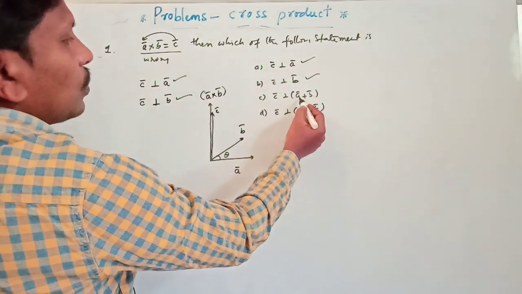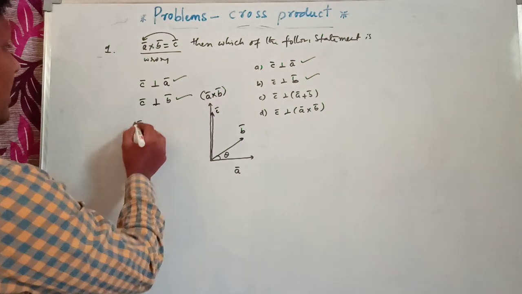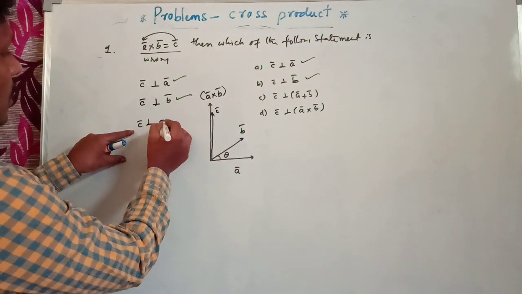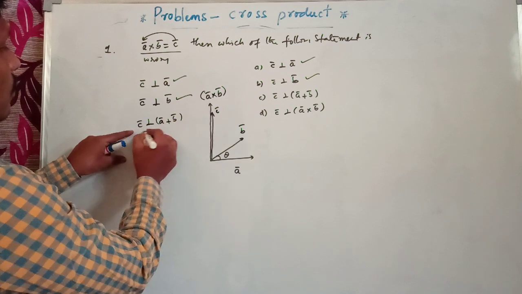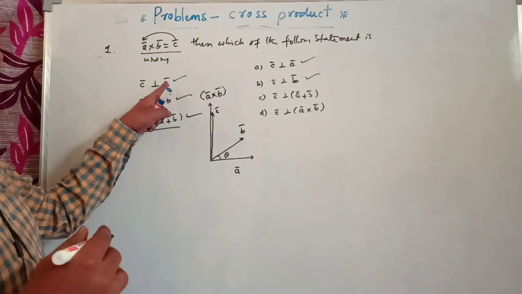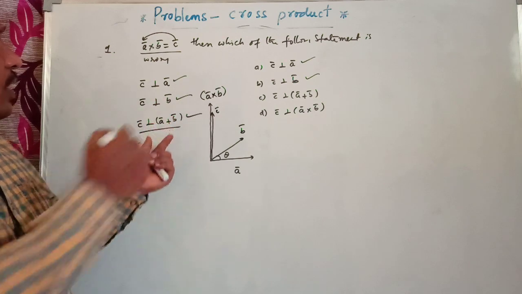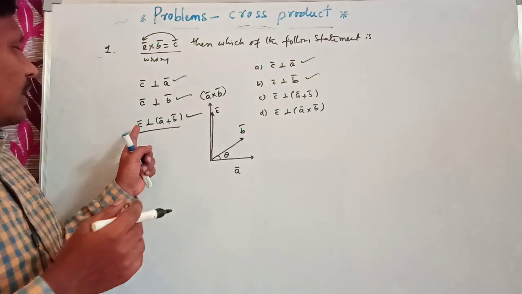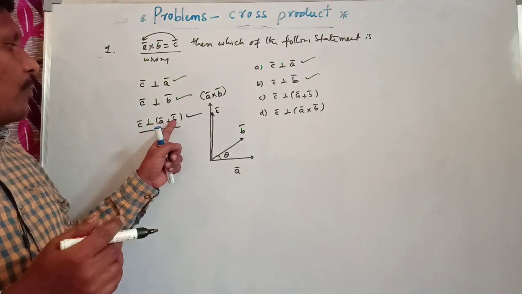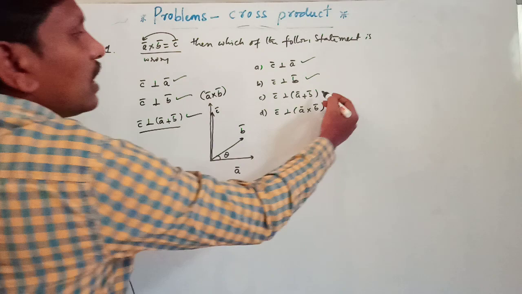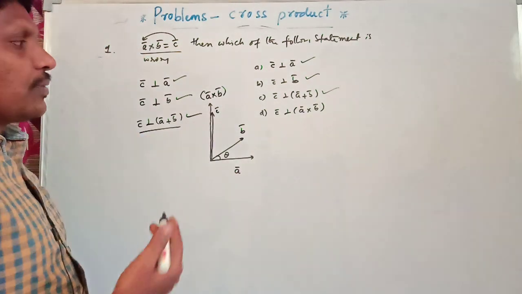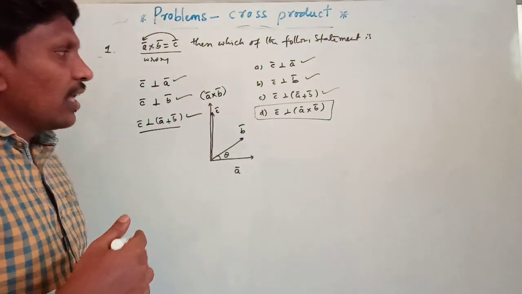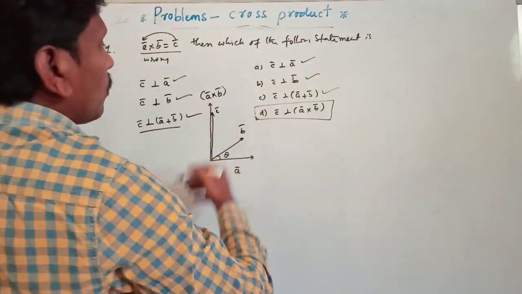C bar is normal to A bar plus B bar. From that we can write that C bar is normal to the sum A bar plus B bar, right? If it is normal to this one and this one, both vectors, the sum of the two vectors gives a vector only. So we can say C bar is normal to A bar plus B bar, which is also true, the statement is correct. So this might be the wrong statement. How? That we are going to see.